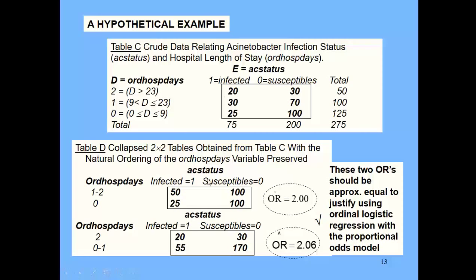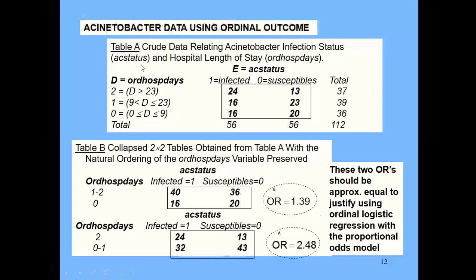Notice that the odds ratio for each of these tables is 2 and 2.06, right? Very close, right? This would be the kind of situation, if you were only using the crude data, that you'd wind up saying, oh, I can use the proportional odds model to model the crude data. That's what justified it, because these things are essentially close. But I couldn't do it here